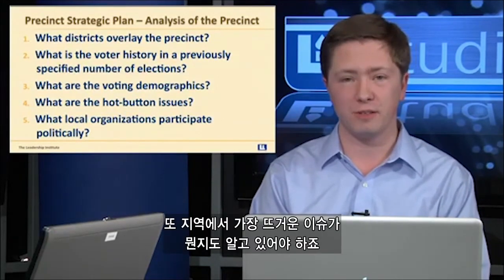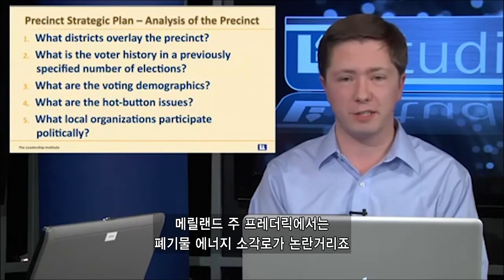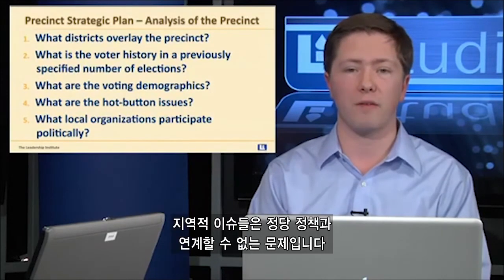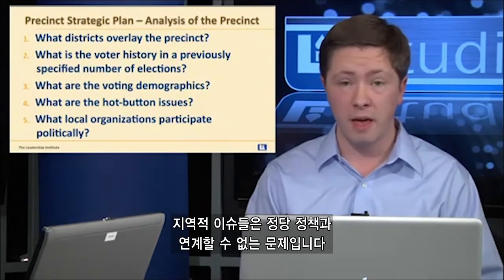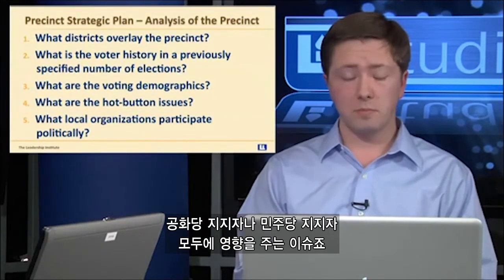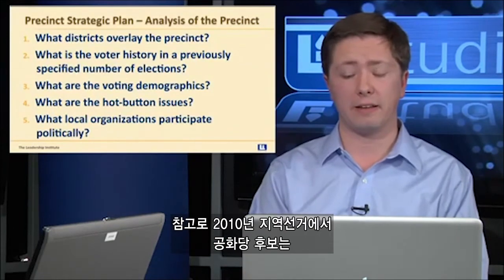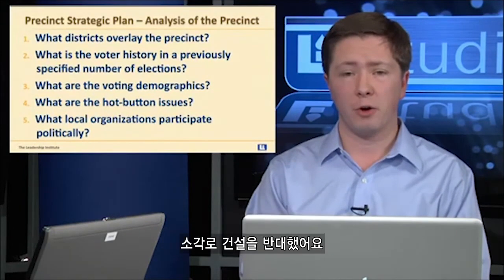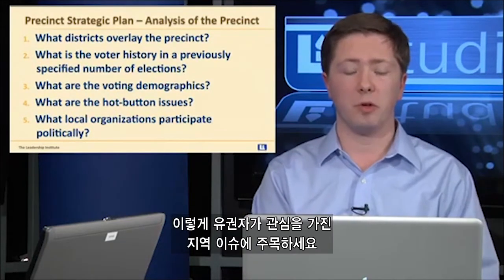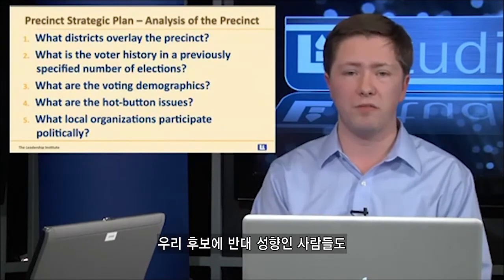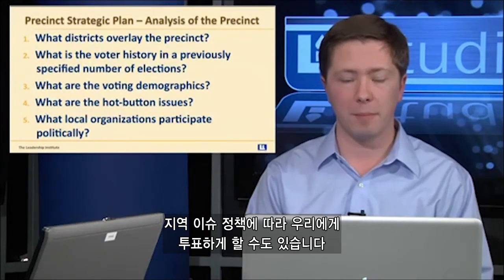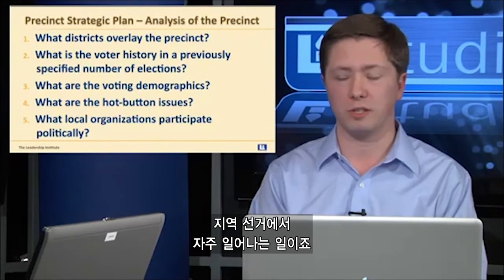4, what are the hot button issues? As I referred to earlier, waste-to-energy incinerator in Frederick, Maryland is one. New schools being built is another. These are oftentimes hyper-local. They are transpartisan. That means it can appeal to either Democrats or Republicans, and this is an issue that a candidate, say you have a Republican candidate, for instance, in 2010 in Maryland and Frederick, who opposed construction of a waste-to-energy incinerator, you can bring people over from the other side who wouldn't vote for you on a number of other issues, but they agree with you on the local issues, sort of the not in my backyard NIMBY type issues that you'll see at the local level.